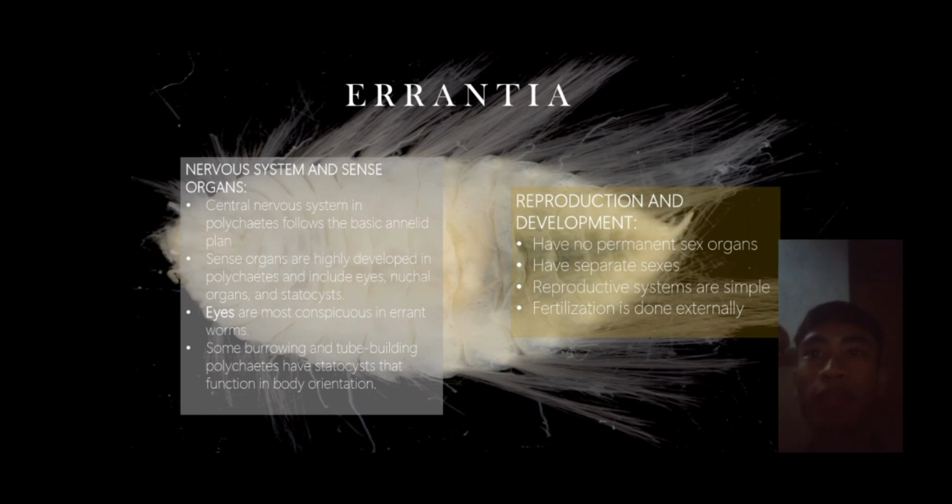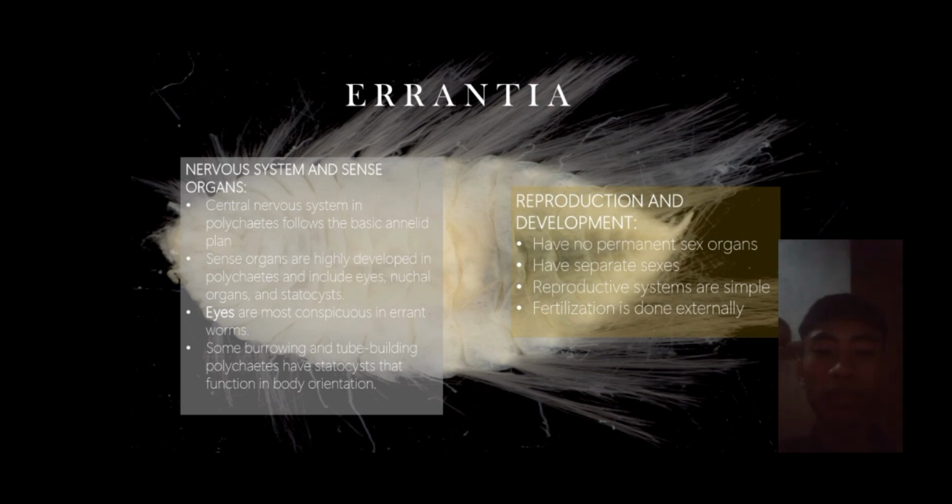Now the reproductive systems. Here's how it works. Gonads appear as temporary swellings of the peritoneum and shed their gametes into the coelom. The gametes are then carried to the outside through gonoducts, through the metanephridia, or by rupture of the body wall. Some polychaetes live most of their year as sexually immature animals called atokes. But during the breeding season, a portion of the body becomes sexually mature and swollen with gametes. And also,